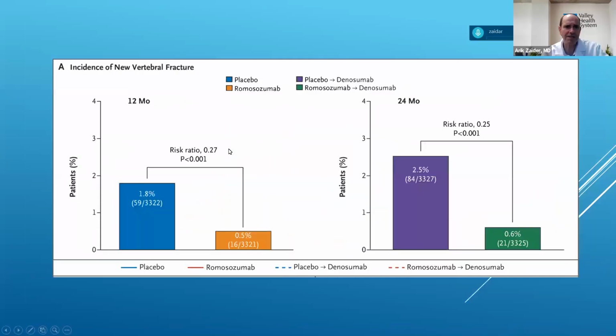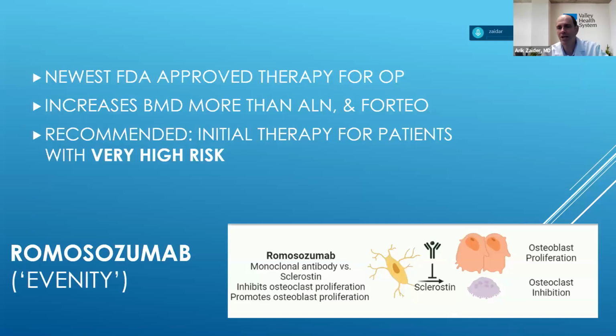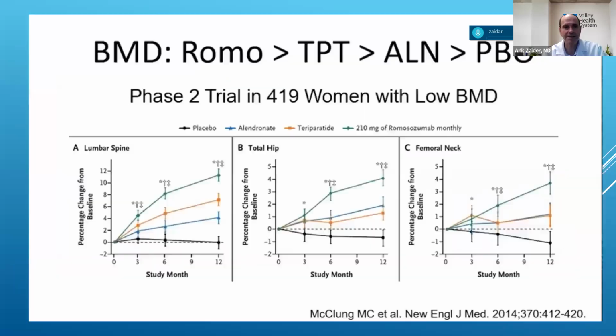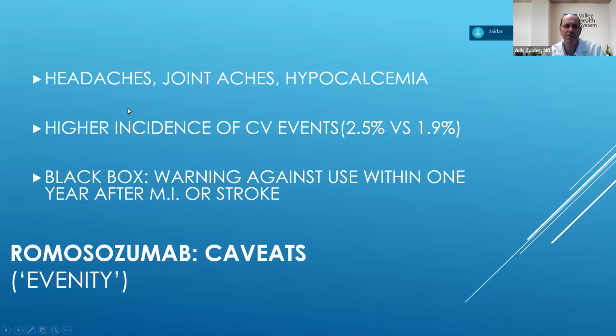It's given, I'll just mention, as a once monthly injection for 12 months. You can only get it for a year at this point. You come in once a month. Does it have side effects? Mild and minimal. What some people describe are headaches and joint aches after getting it. It's brief. The main concern with Evenity is the following. When they did the original comparison studies to agents like Fosamax, they did see a slightly higher incidence of cardiovascular events, stroke and MI. And so that's why you do have to be careful with it. The current recommendation on this medicine is not to give it if anyone has had a cardiac event in the past year.